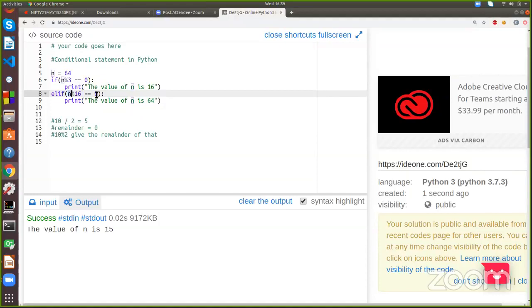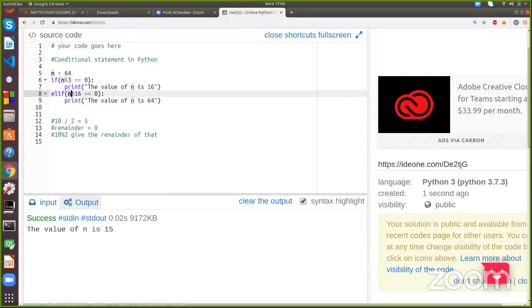Tell me yes or no. 64 divided by 16, the remainder is not 0.